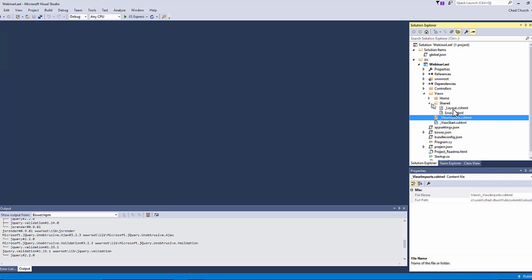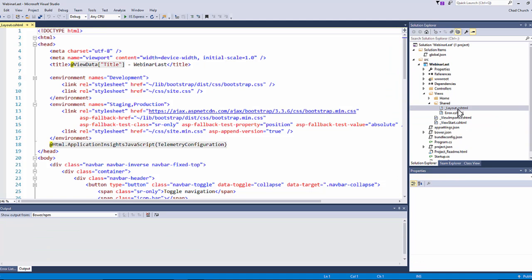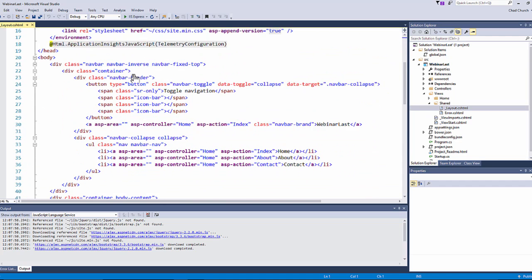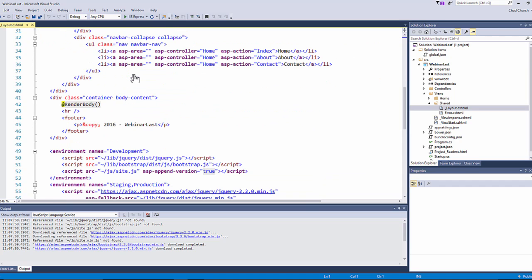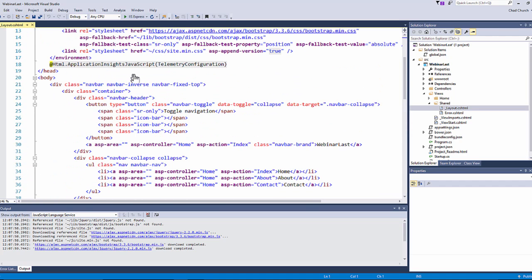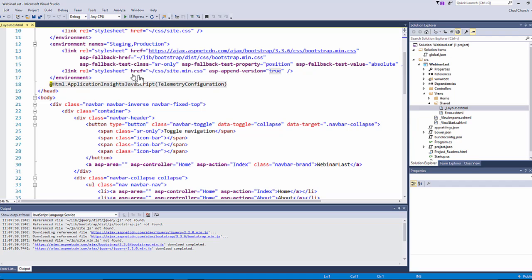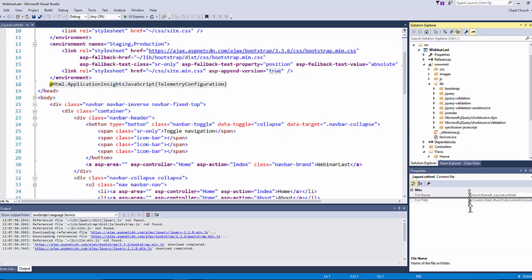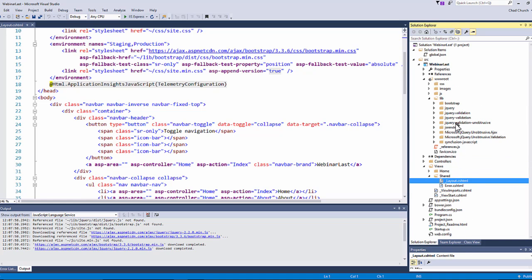The next step is to come into our layout. Layout is something that's been around for a while with MVC. This is it. And what we're going to do to the layout, we're going to come in and add all of our JavaScript controls here. So every page has access to JavaScript controls. And this is where we go back to the root. And go into the root. I don't need to see the properties, do I? Go into the root